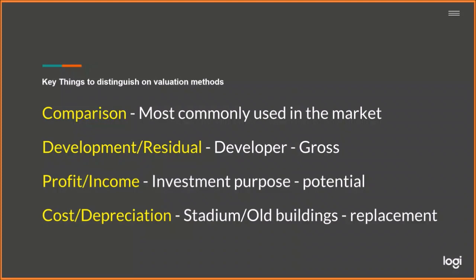Then you have the cost method, which is usually associated with the depreciation method. It is used for property that is hard to value because there is no comparison, like an airport, stadium or historical building. It came out in the 2017 question. So this is one of the methods you can use to value it: replacement cost. That means replacing some of the parts of the old building, then the cost of replacement is added together, and that would reflect the value of the old building.